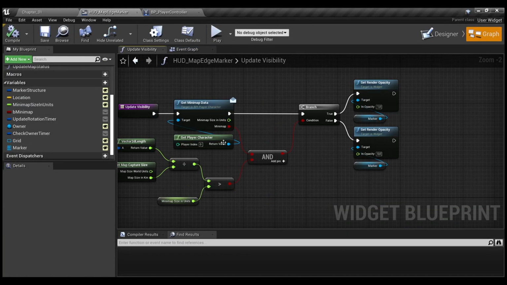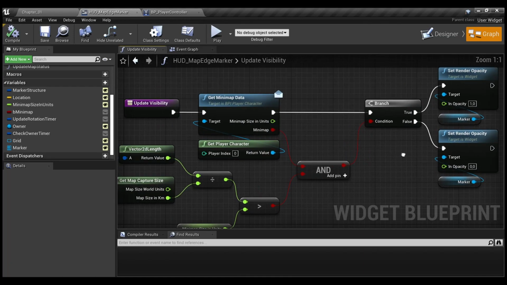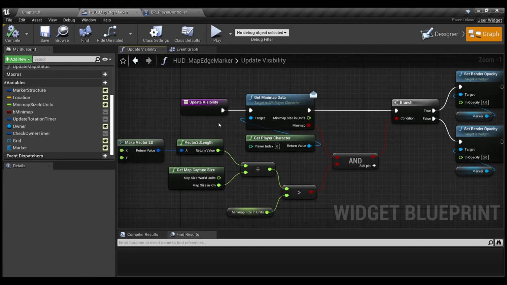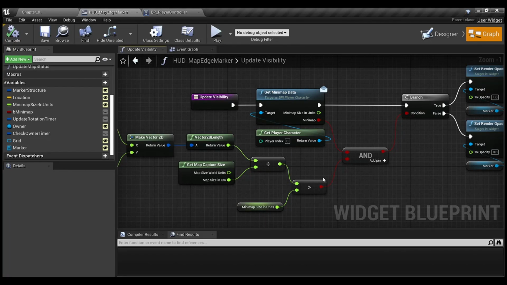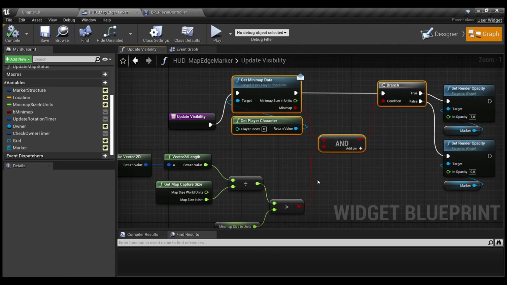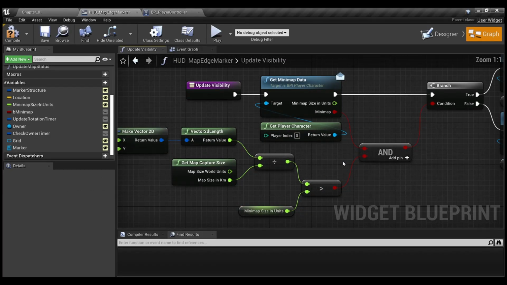What has also been changed here is this and this areas inside the update visibility function. By default there wasn't this logic here, there was only this condition, but we actually need to check the condition. So when we are holding our tab or another key that triggers the mini overworld map, and we are adding another location pin, and if this location pin is out of our sight of the minimap,